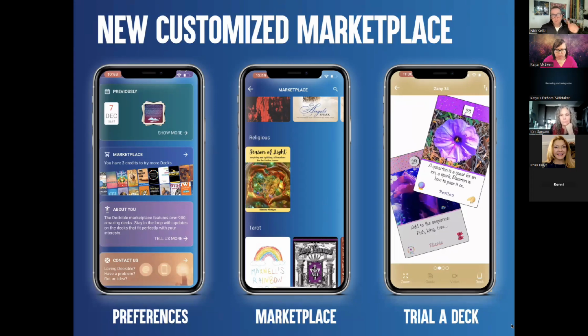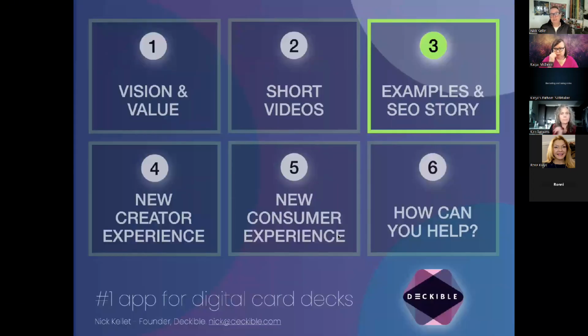This was available on Deckible.com. The marketplace in the app was very outdated. We hadn't touched it in a while, but we knew we wanted to do all of this stuff. And so we've got to this point where now you've got preferences, so we know what you like, and we can target you, and you can target yourself with that, and the marketplace is customized for you. So that's very powerful. Okay, so that's